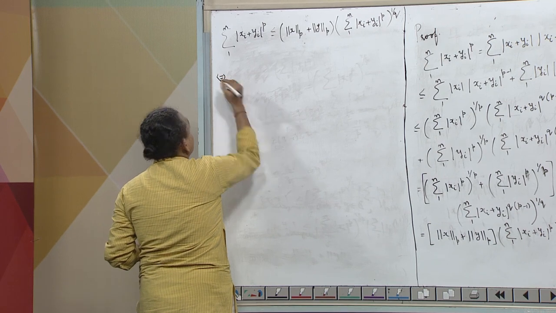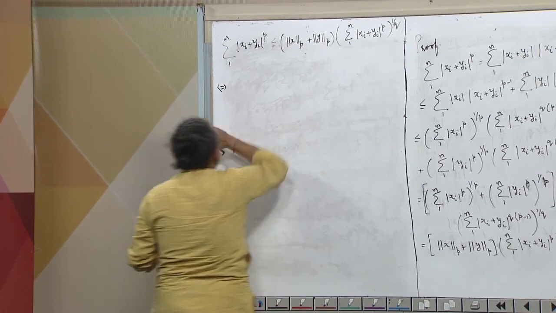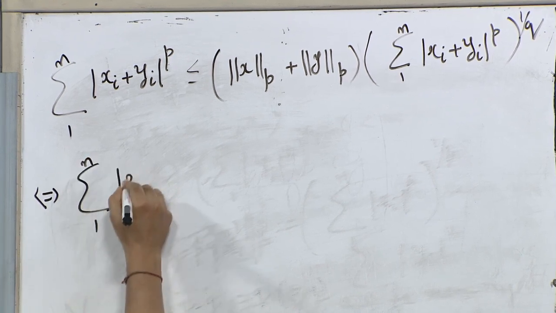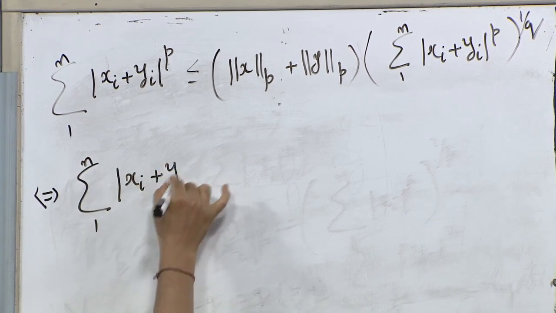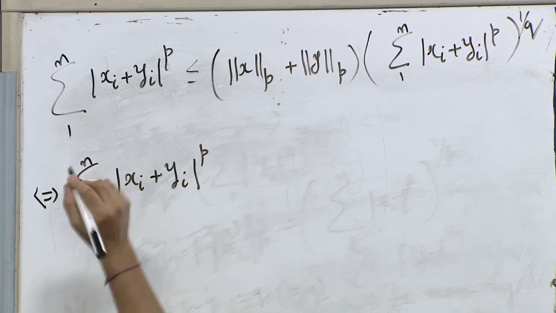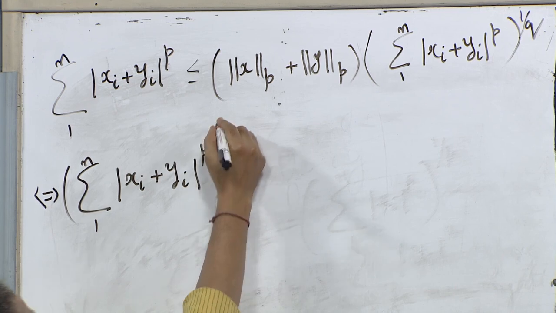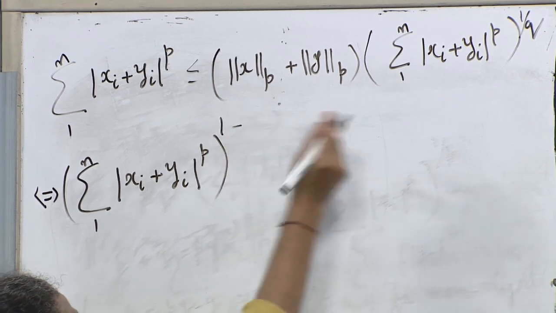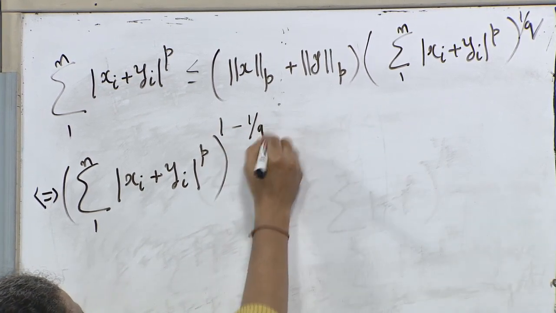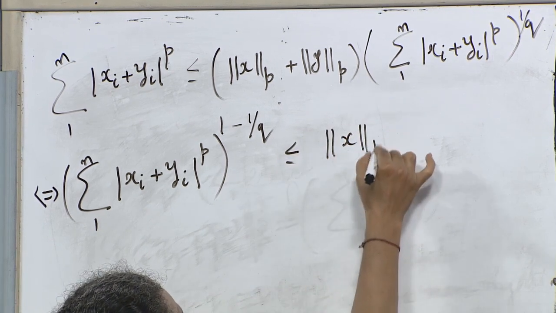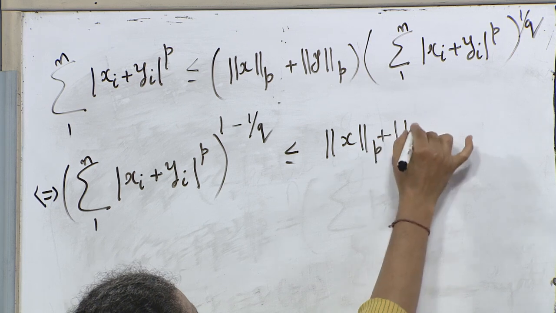this is equivalent to saying that, bringing this to the other side, we will have (summation 1 to n mod xi plus yi whole raised to the power p), whole thing raised to the power, I already have power 1 and minus 1 by q, this is less than or equal to p norm of x plus p norm of y,